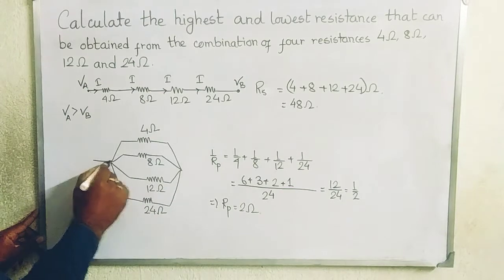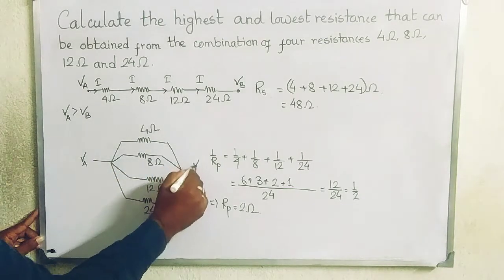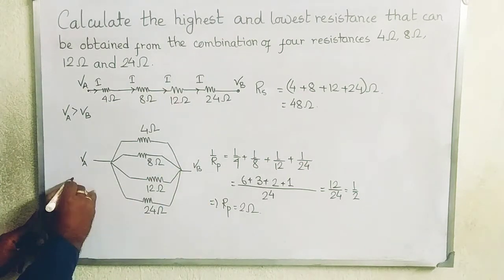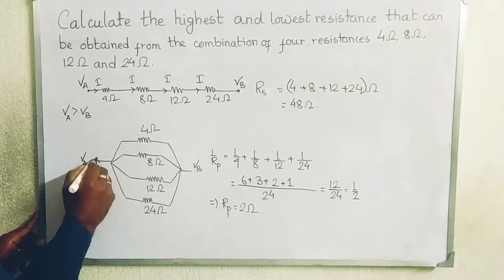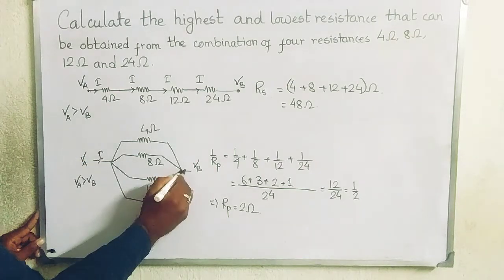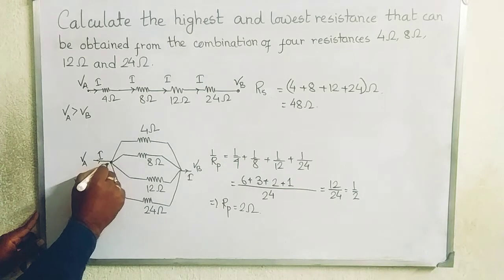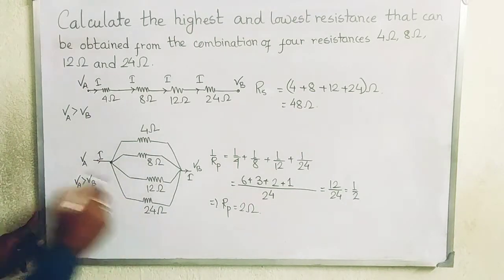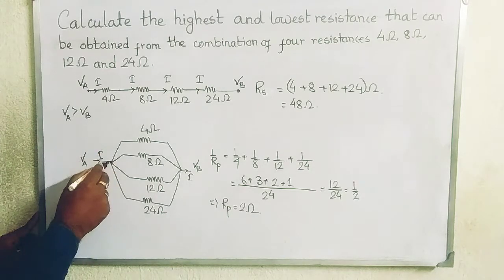Now let us say this parallel combination is connected in between the same potential VA and VB. If VA is greater than VB, then obviously the current starts flowing from VA and it will end up at VB. But when it's entering through this node, it has 4 options: 4 ohm, 8 ohm, 12 ohm and 24 ohm. So obviously it will avail all the options since they are connected here.